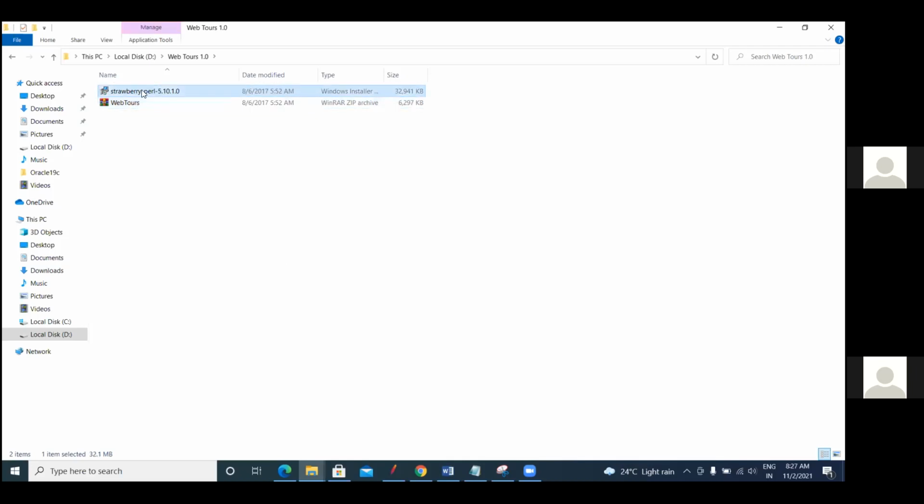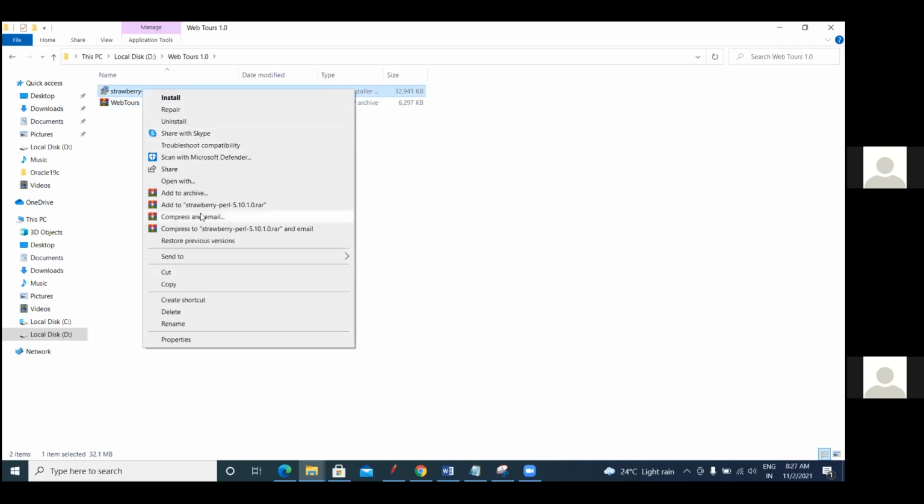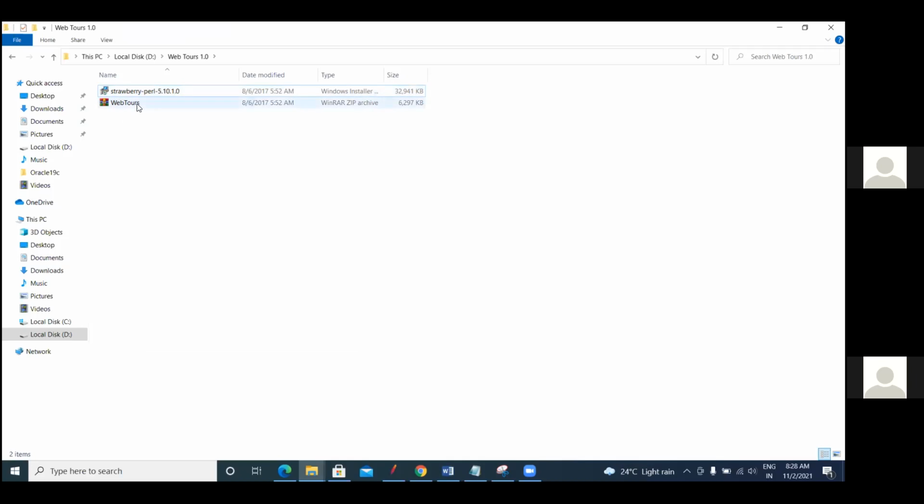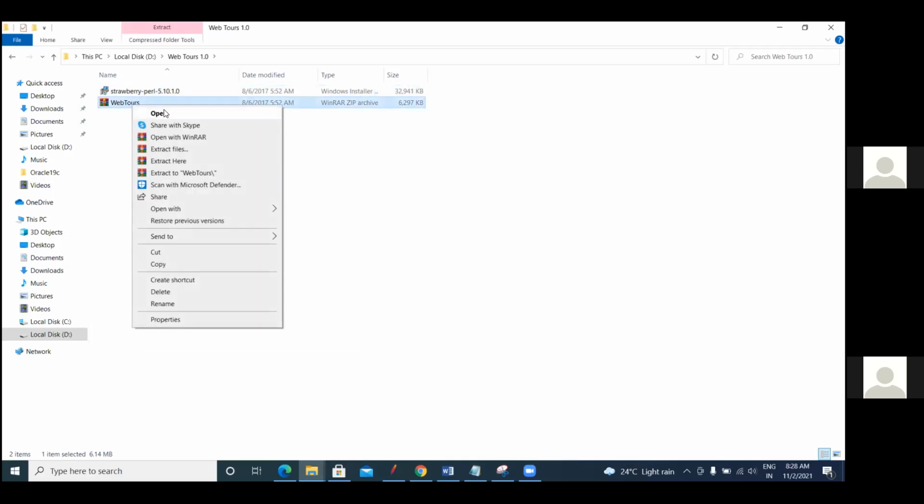Suppose you right click on this file, you have an install option, because this is an exe file, right? You have the install option here. Yes or no? If you right click here, you will not have the install option. You have the open option. You don't have install because this is a zip file. You understood why that is called the context menu? Based on where you right click, it will show you the options. That's why this window is called the context menu in Windows operating system. Is it clear, guys?